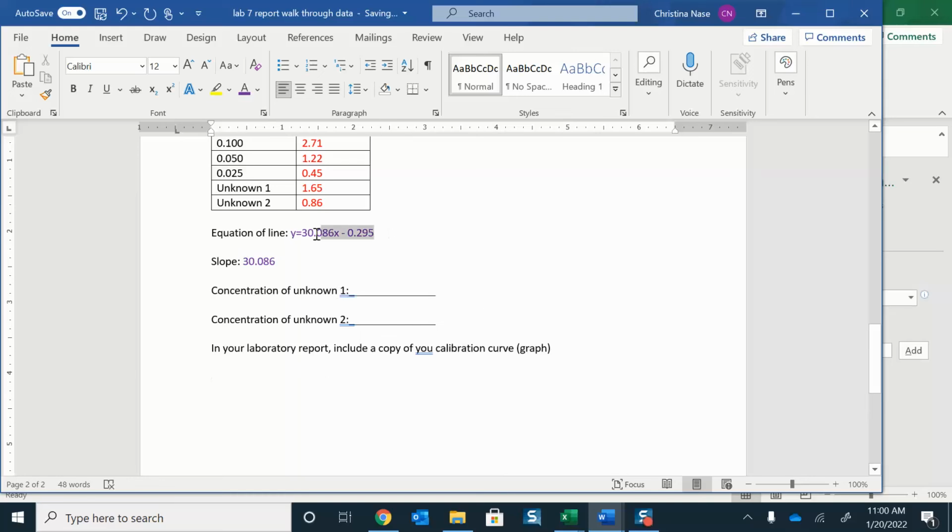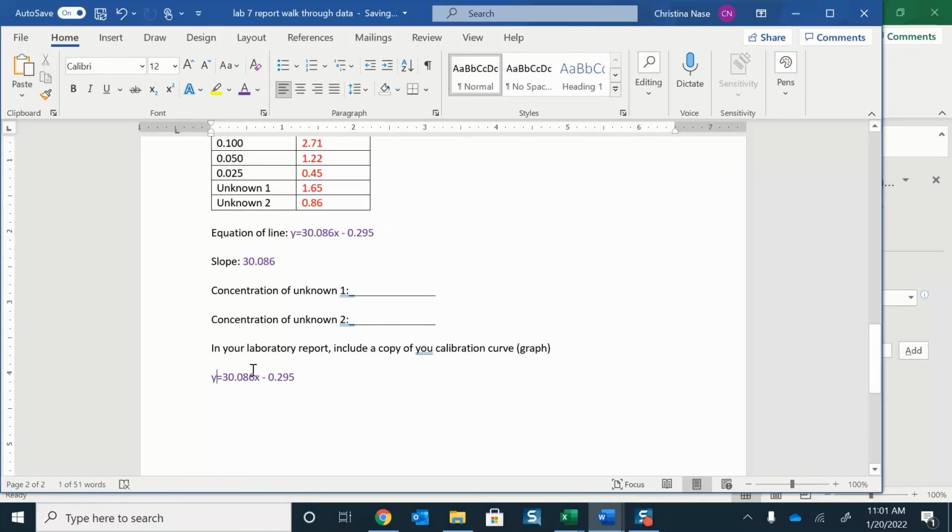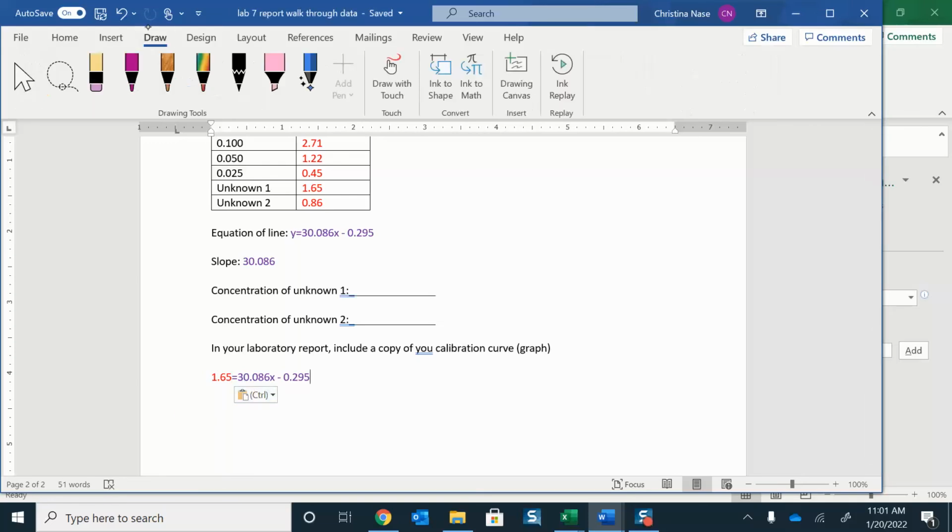Okay, so I'm going to take all of this. This is the equation I'm looking at. I'm just going to copy that down right there. And for y, the first one, I'm going to do this twice for each one of my unknowns. I'm going to put this y in here. Great. And now I'm going to solve for x. So I'm going to add, right? Since this is a minus over there, I'm going to add my 0.295 on both sides. Great, so on the left,